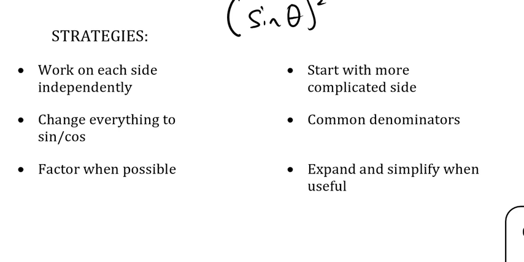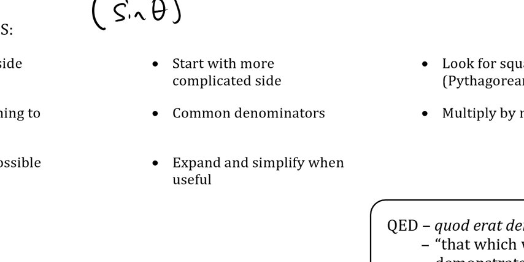Start with the more complicated side. That's usually a good idea, and some of these strategies will help simplify it. And then once both sides are the same level of complexity, then you probably can kind of see where to go from there. Look for common denominators, or get common denominators and add fractions. That's part of simplifying. So simplify where useful, and sometimes we're going to expand